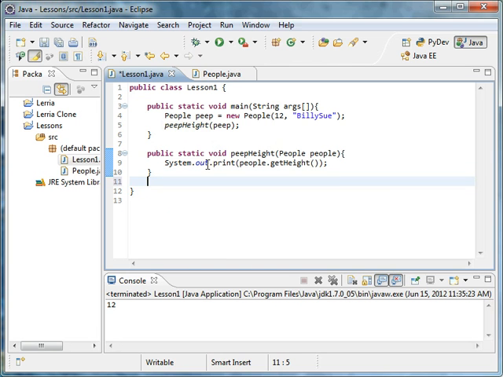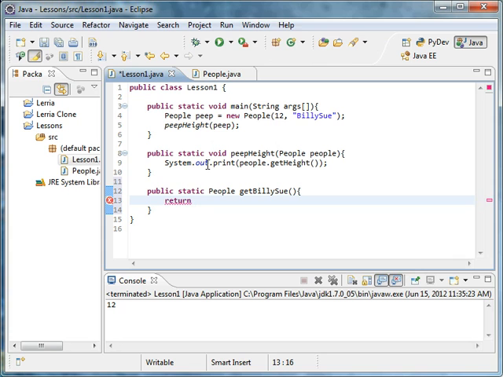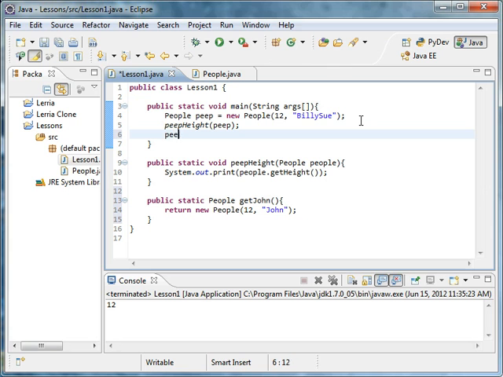Something else I forgot to mention is that you can also return objects. For instance, public static People getBillySue, or whatever, and then you can return, I don't know, let's say new People Billy Susan, or no, you know what, we can do John, and then you could do getJohn, and then you can also do peep equals